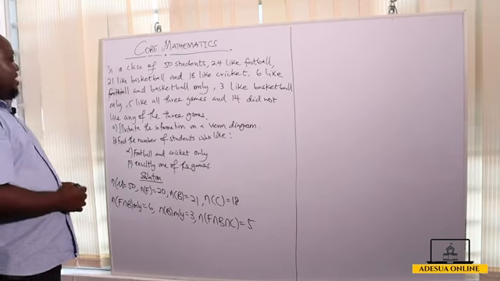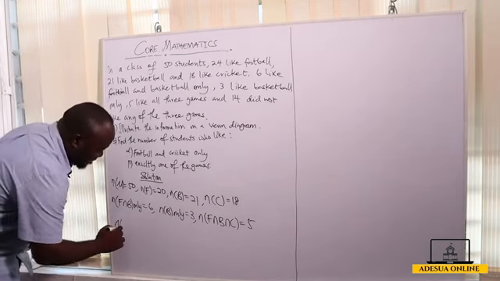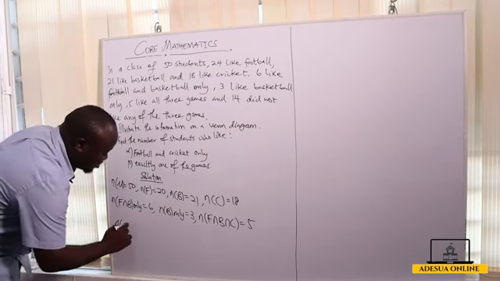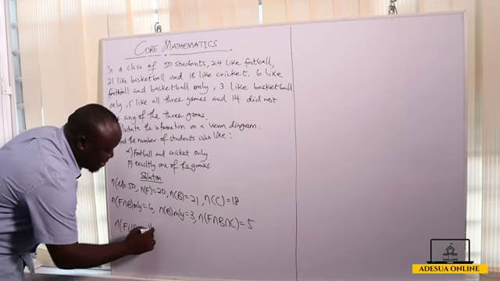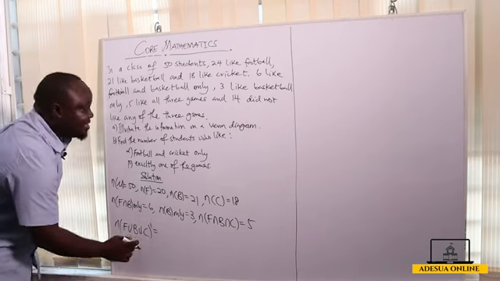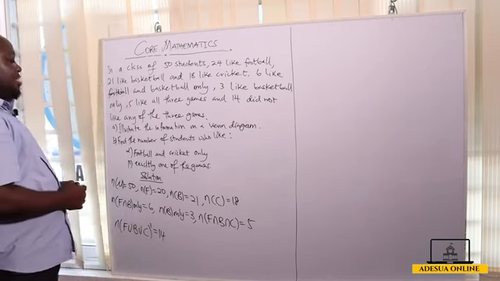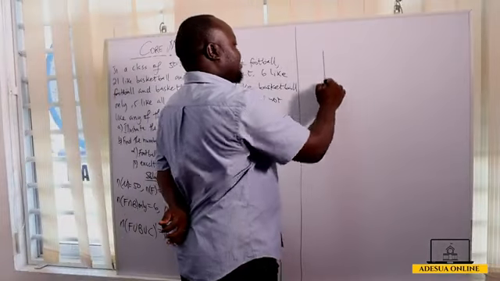And 14 did not like any of the 3 games. So if we combine all the various games, which is football union basketball union cricket, its complement, those outside it, we are saying 14 students did not like any of the 3 games. So when we move to the Venn diagram,